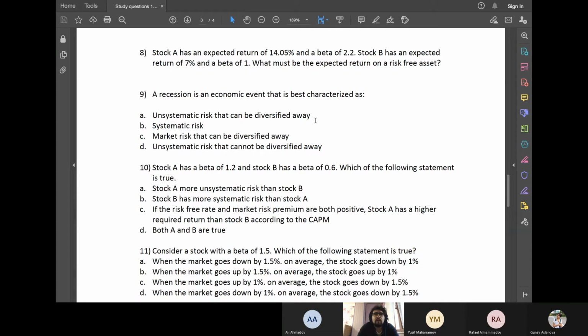Unsystematic risk that can be diversified away. Recession has nothing to do with unsystematic risk because unsystematic risk is firm-specific risk, the risk related to only a firm. For example, company A